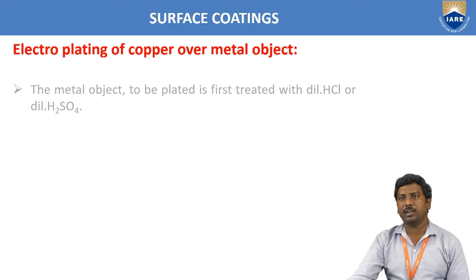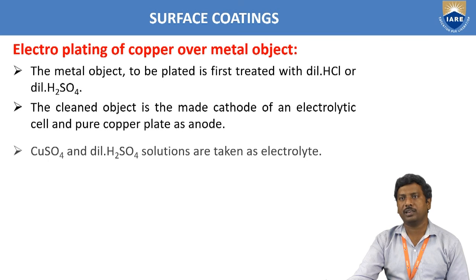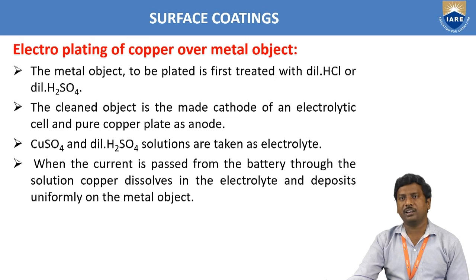So electroplating of a copper or metal object means the metal object to be plated is first treated with dilute sulfuric acid or dilute hydrochloric acid. The cleaned object is made the cathode of an electrolytic cell and a pure copper plate is the anode. Copper sulfate and dilute sulfuric acid solutions are taken as the electrolyte. When the current is passed from the battery through the solution, copper dissolves in the electrolyte and deposits uniformly